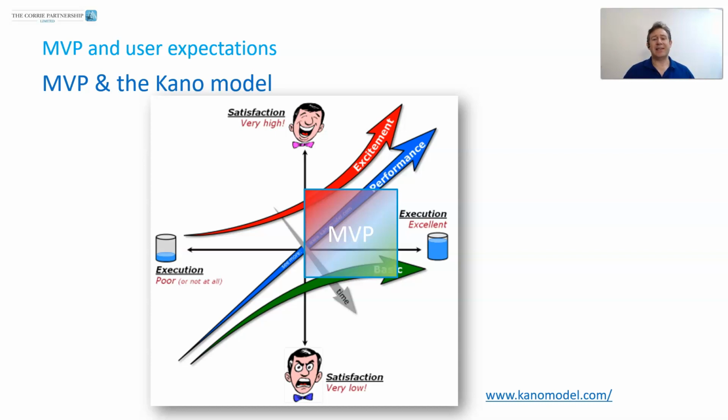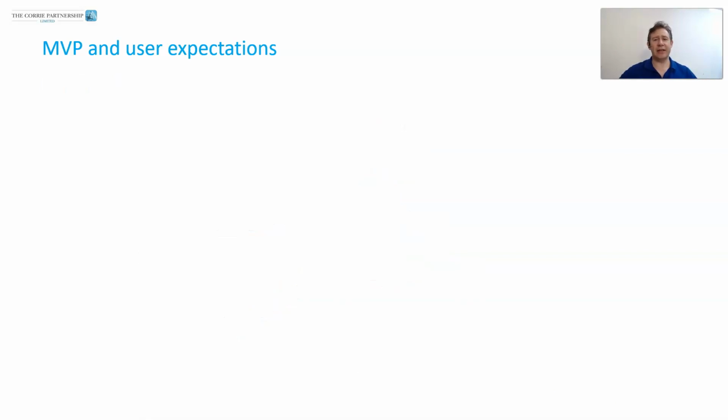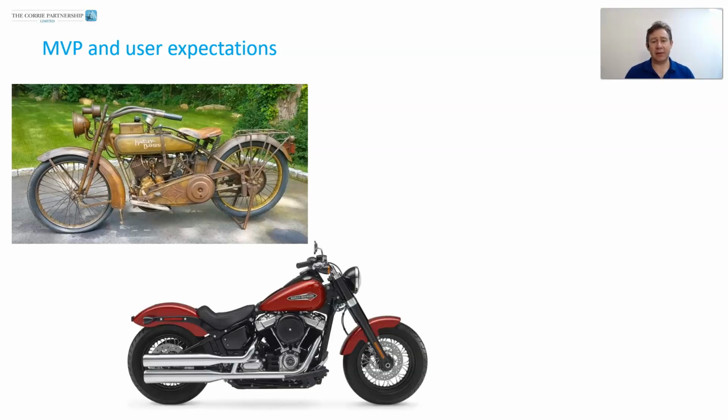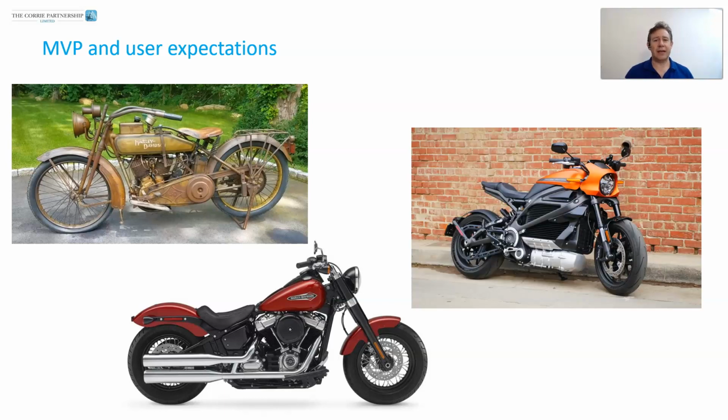An MVP must have value. We must be able to look at it and say, yes, this is better than the thing before. If we look here at one of the first Harley Davidsons that was made, basically it was a bicycle that had a motor attached to it from what we can tell. But obviously that brought value, that added value, and it was something that a user could use. It obviously looks nothing like the more current, more modern versions of the Harley Davidson. And indeed now they're moving even further into creating the electric version of it. But let's be clear about what we mean.